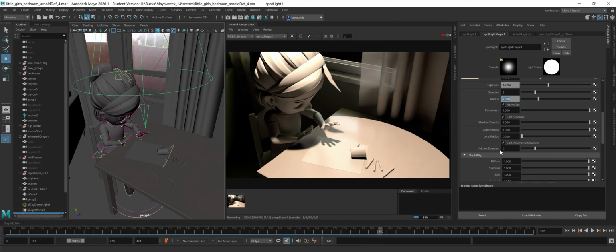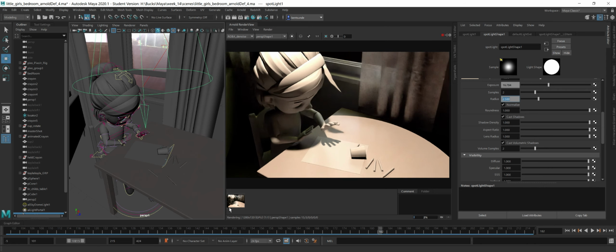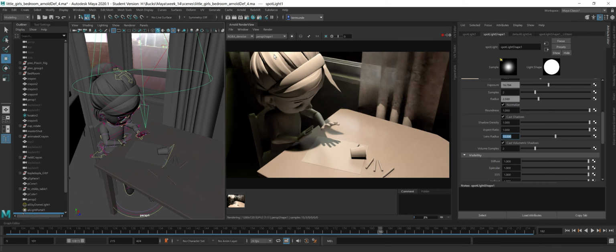Okay, so if I take this lens radius now and I punch it to 1, see how it sort of extends that, but it also starts diluting that hotness there. If I go to a 10, well, there you go. See how that really takes off that hotness,